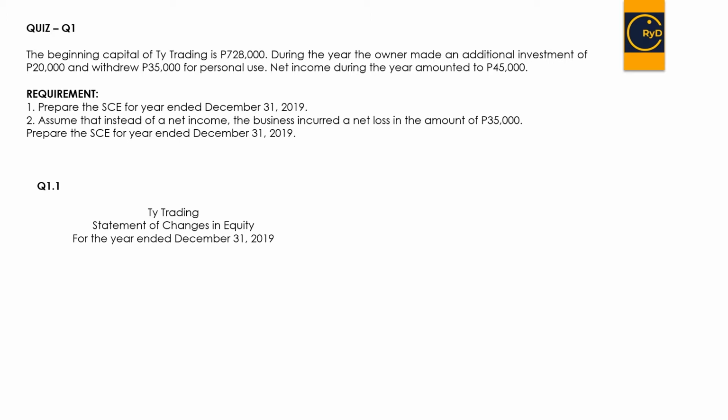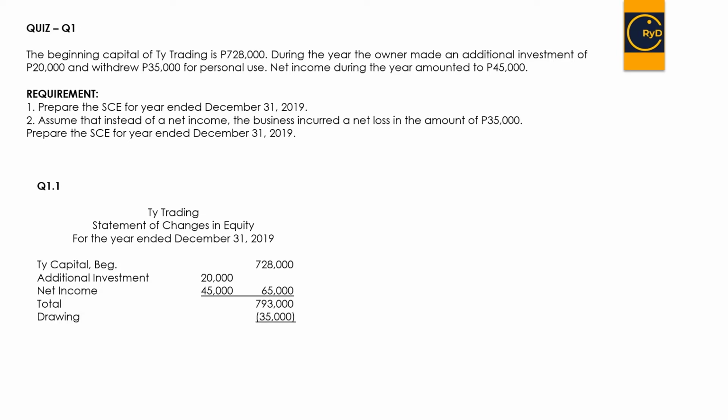December 31, 2019. Then we have our T capital beginning at 728,000. And then we add our additional investment of 20,000 as well as our net income of 45,000, and then sum it up at 65,000. Then add this to our capital beginning. So we have a total of 793,000. And then we deduct our drawing of 35,000. Then you can arrive at the capital end of